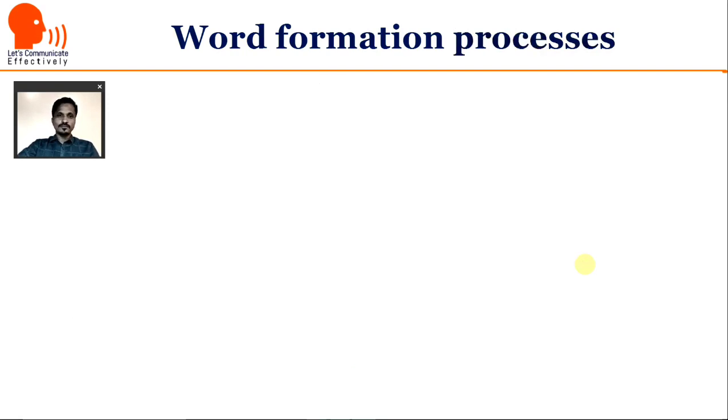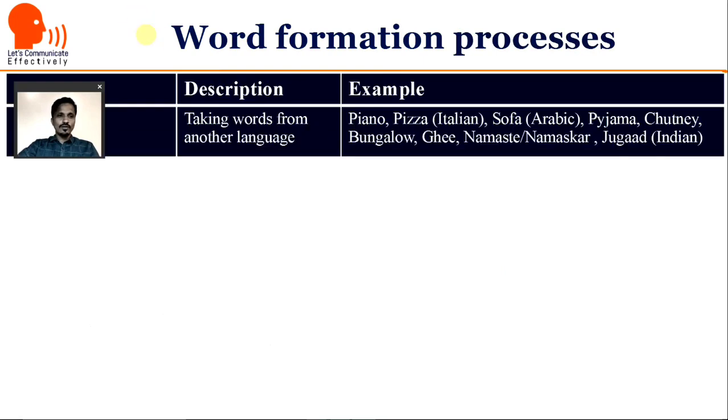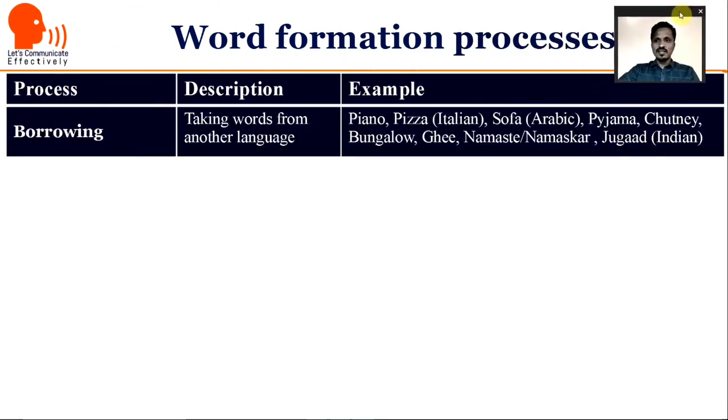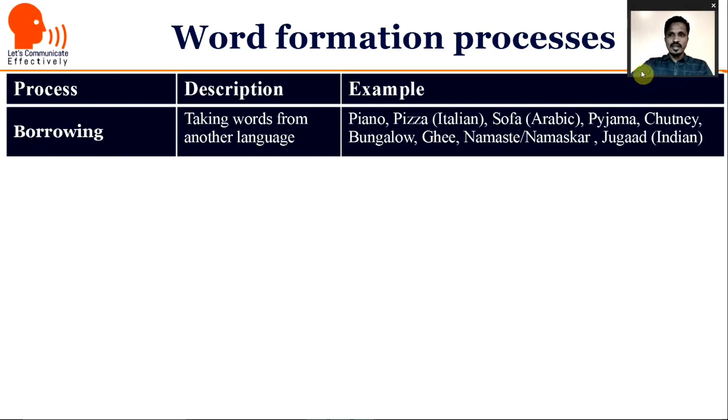Let us see. Now, when we look at this word formation process, there are certain steps, certain, let us say, levels at which it happens. That is, the words in the English language are formed with the help of certain processes, and there are these 8 major processes. I am going to focus on those 8 processes, and we are going to focus on derivation in this session. So the first word formation process is called borrowing, in which the words are taken from